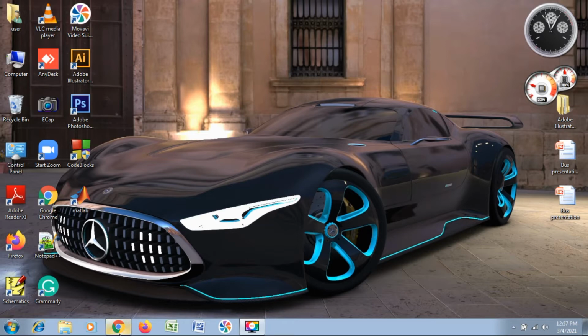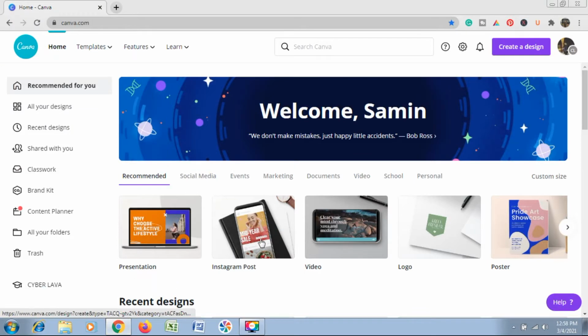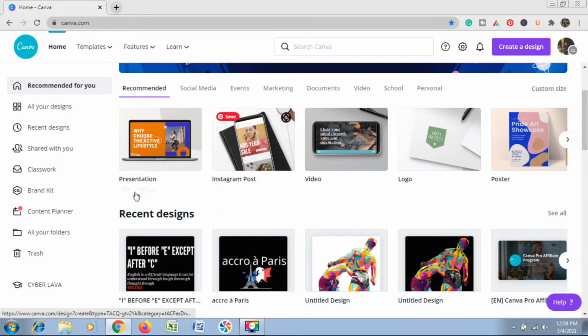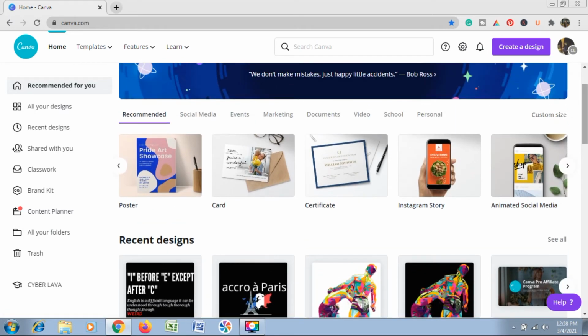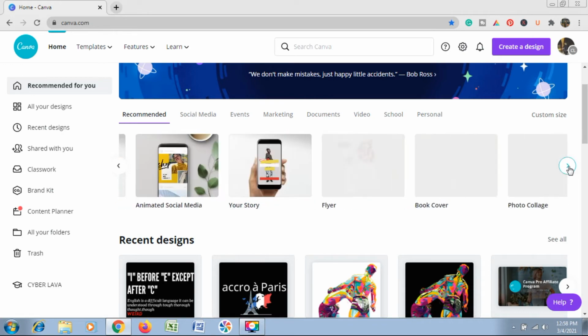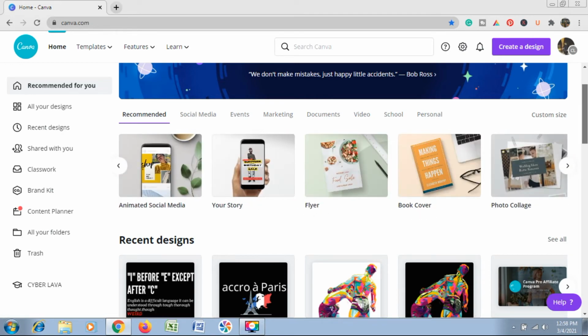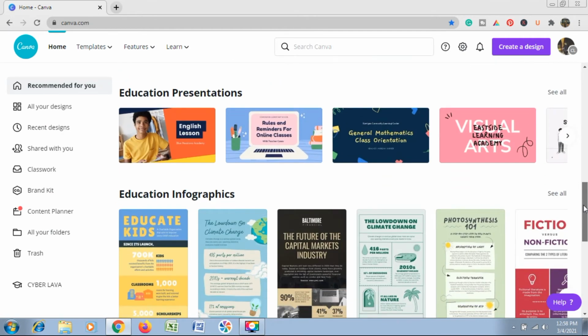So let's see the interface. This is the interface of Canva. As you can see, you can create presentations, you can do Instagram posts, videos, logos and posters. You can also do card, certificate, Instagram story, animated social media using Canva. So you can do a lot of